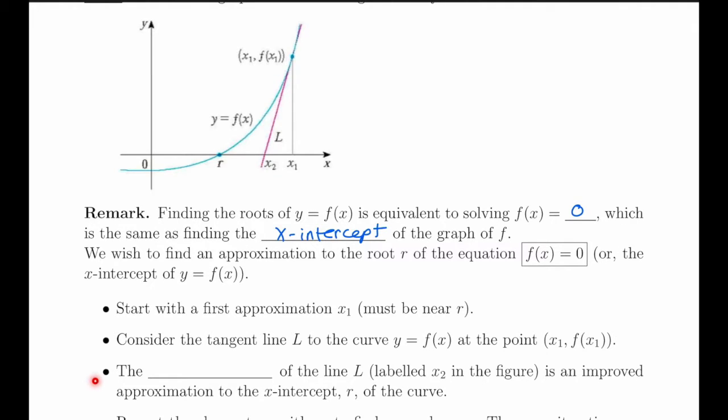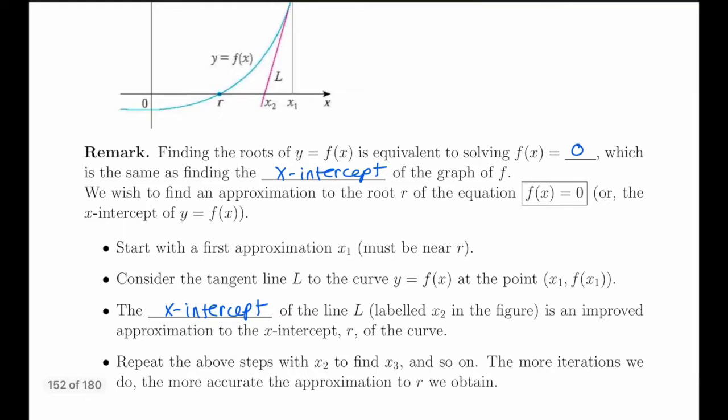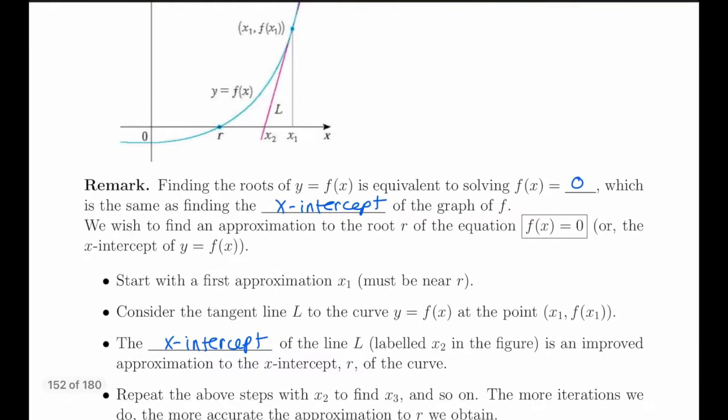Let's write that down here. The x-intercept of the line L, which is in pink here, and that x-intercept is labeled x2, is a better approximation to the x-intercept r of the curve. And just keep going. So actually, let's try this next step. If you want a better approximation than this one, go to the point with the x value of x2 on